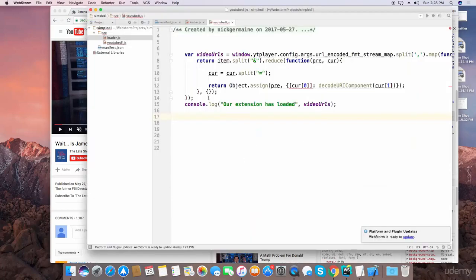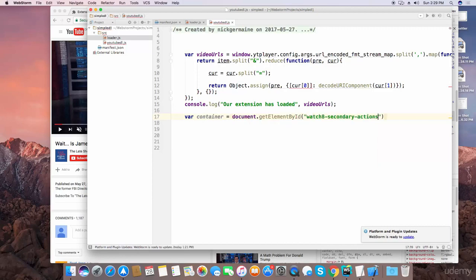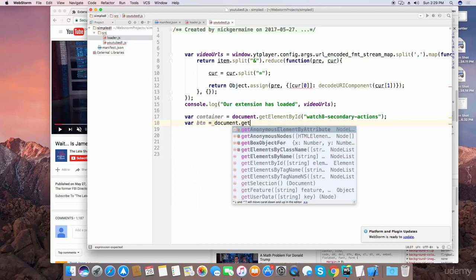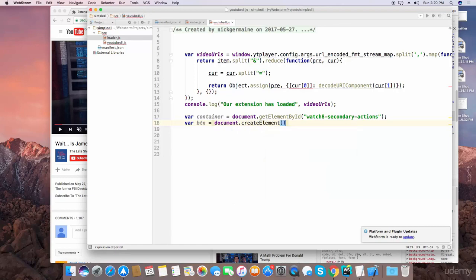So let's go ahead and just get started. For our container, this is going to be the container that we're working with. It's going to be document.getElementById, and then that's the ID. Now we need to create a button. So we're going to say var btn equals document.createElement, and we're going to create an element of button,